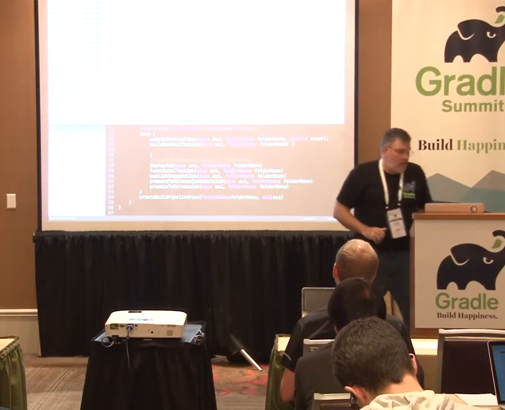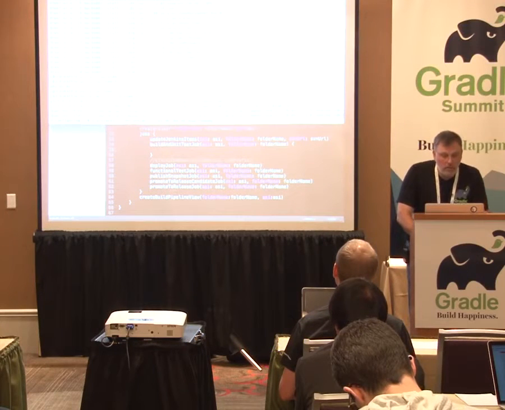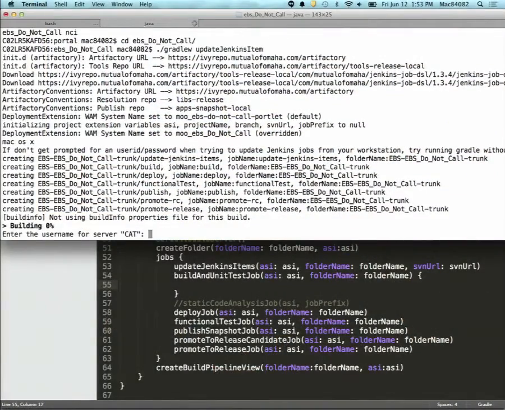And then if you look at our pipeline, so here it is. It's going off and creating these jobs, and at this point, it's going to prompt me for my user ID and password for our customer acceptance test Jenkins server. And if I authenticate, it'll go ahead and update those jobs. So that once they're created once, from that point on,